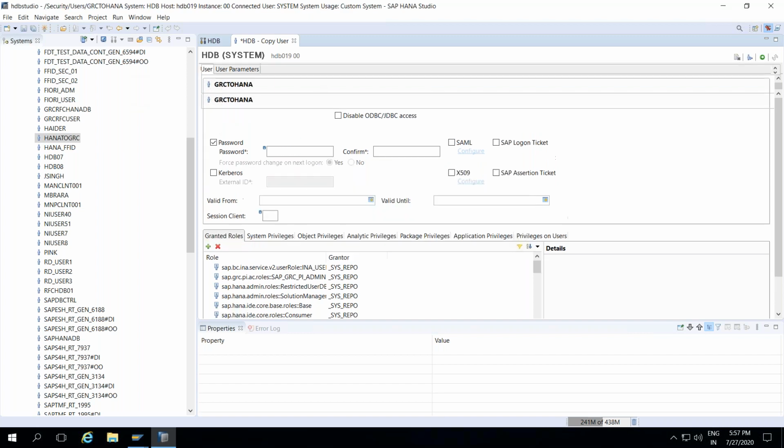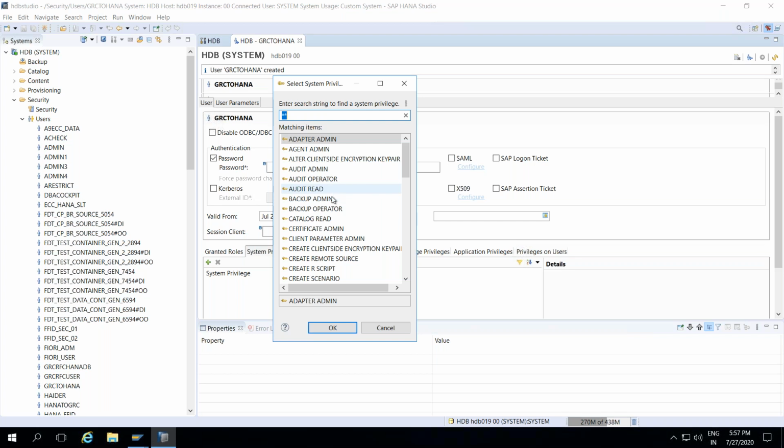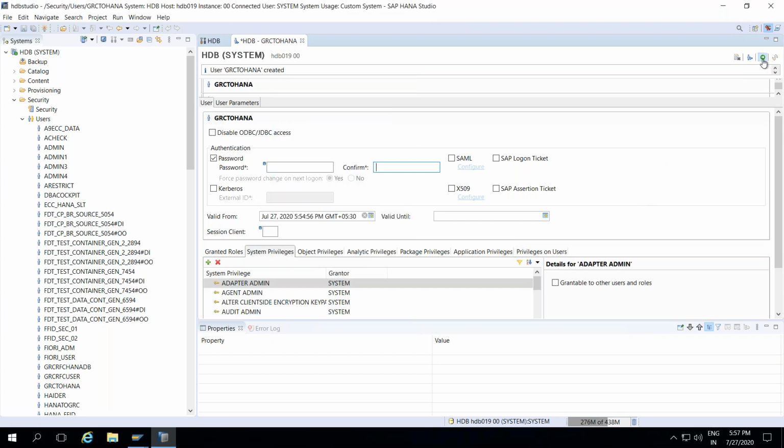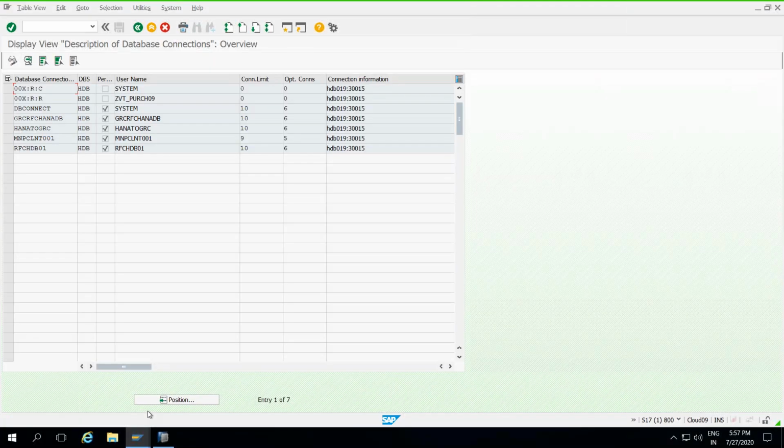So I'm creating HANA users, logged into HANA. The user was created. Check what kind of privileges there are. All roles are there; for system privileges, do not copy. You have to assign all privileges to everyone. Select all and just click on execute. Now the user is ready. I know the instance number as well as everything. I know the details. Then I go into the GRC system, go to transaction code DBCO,